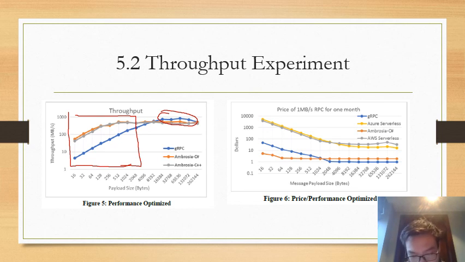Now let's look at figure 6. The authors compared the cost of performing the throughput experiment in terms of cost per month per megabyte if they run the experiment continuously for a month. The results are shown here. Both gRPC and AMBROSIA are much cheaper than stateless compute.